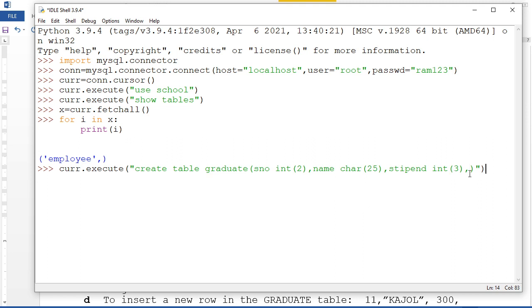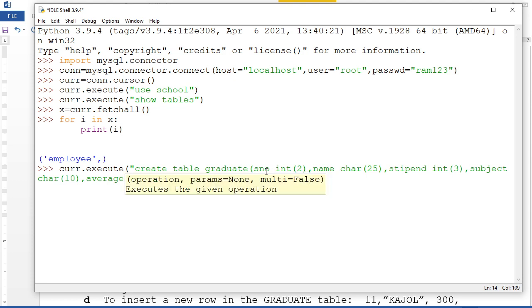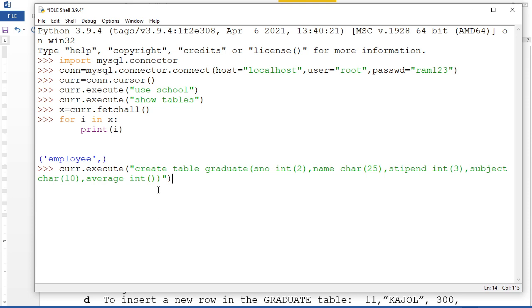The next is what? Subject. It is of type character 10. Okay, the next is what? Average. Integer 3.